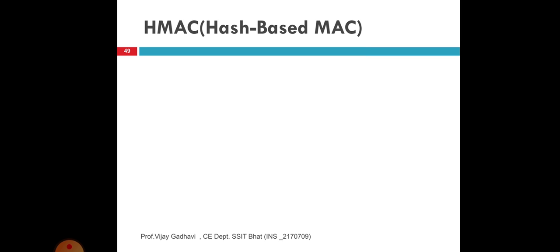In detail, HMAC uses a hash function such as SHA-2 and SHA-3. SHA, that means secure hash algorithm, may be used in the calculation of HMAC. The resulting MAC algorithm is termed HMAC-X, where X is the hash function used. How many hash functions can you use? Here, for example, HMAC SHA-256 and HMAC SHA-3 256.